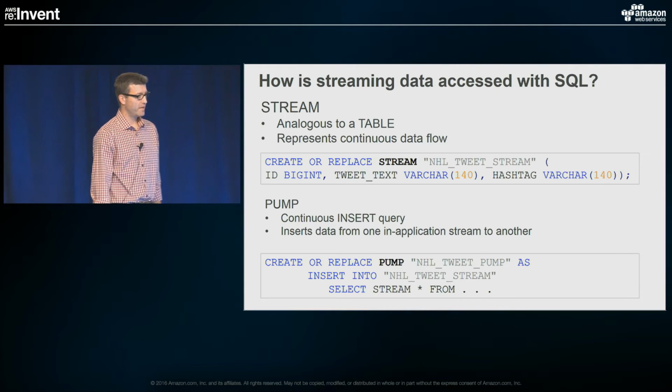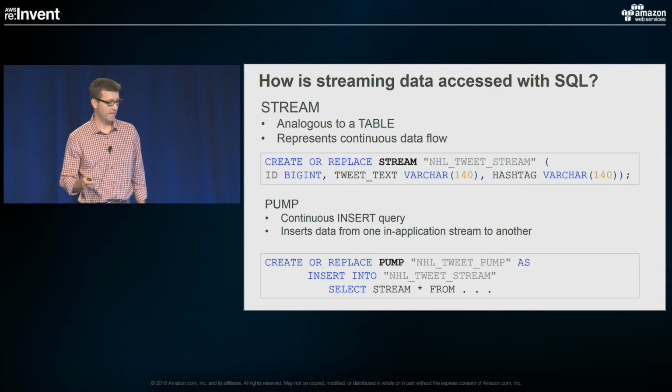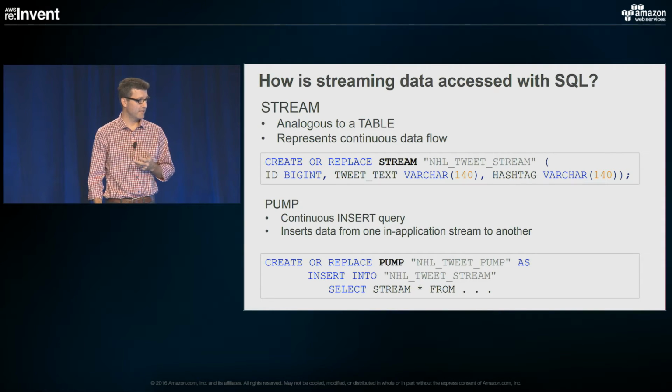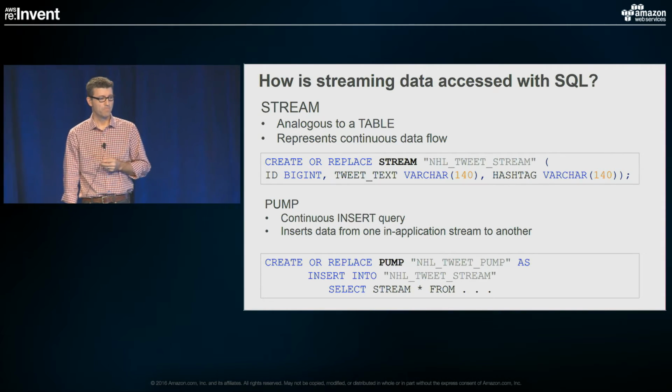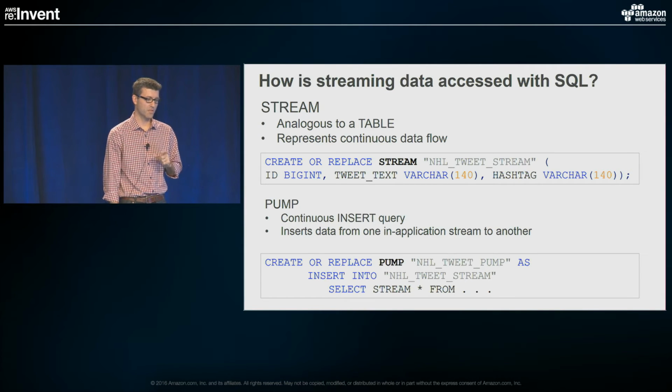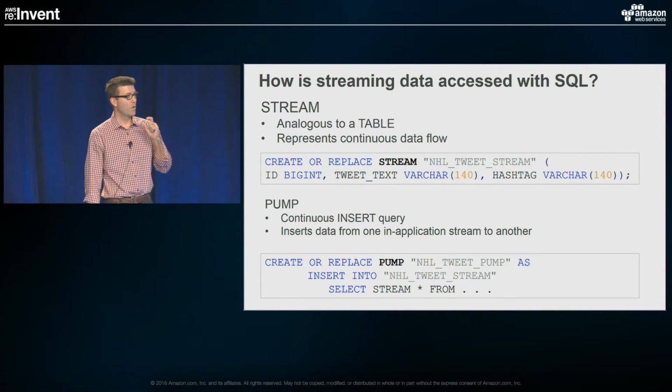All right, so before we get into the specifics of the streaming data, how we're going to implement this, there are a few constructs. And as I mentioned earlier, we support ANSI 2008 SQL, but we had to extend it to support streaming data. So there's 2 constructs that are important. One is called a stream, and one is called a pump. With a stream,